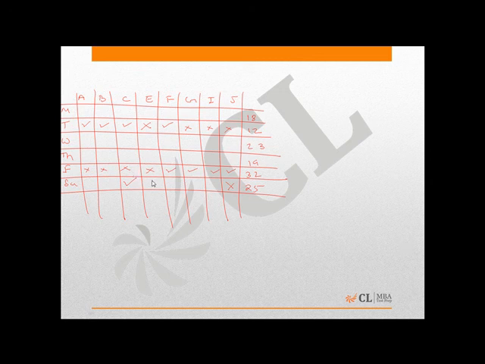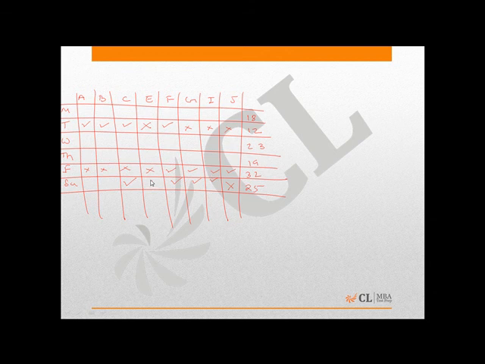Now if we look at Saturday, we see that he is teaching class C, that means 3 students. He needs to teach remaining 22 students. There is only one possibility. The only possibility he can teach the remaining students is by teaching classes F, G and I. So I'll put a tick at F, G and I because the sum of 6, 7 and 9 will add up to 22.